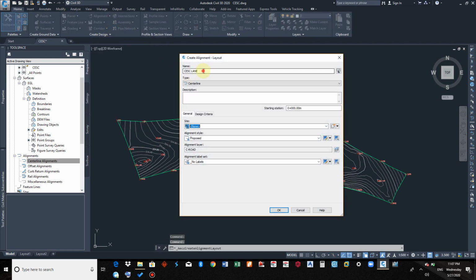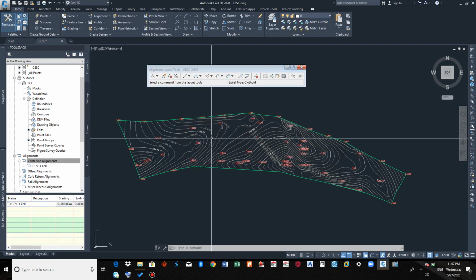You give your alignment a name, you select the type that your alignment is, and you could give it some description here. Do you want your alignment to start from chainage 0 plus 0, 0, 0? If not, you type where you want it to start here, and you could keep all those defaults. And most especially these alignment label sets, just keep it as no labels because we would add other labels to it much later. So OK, click on OK, and